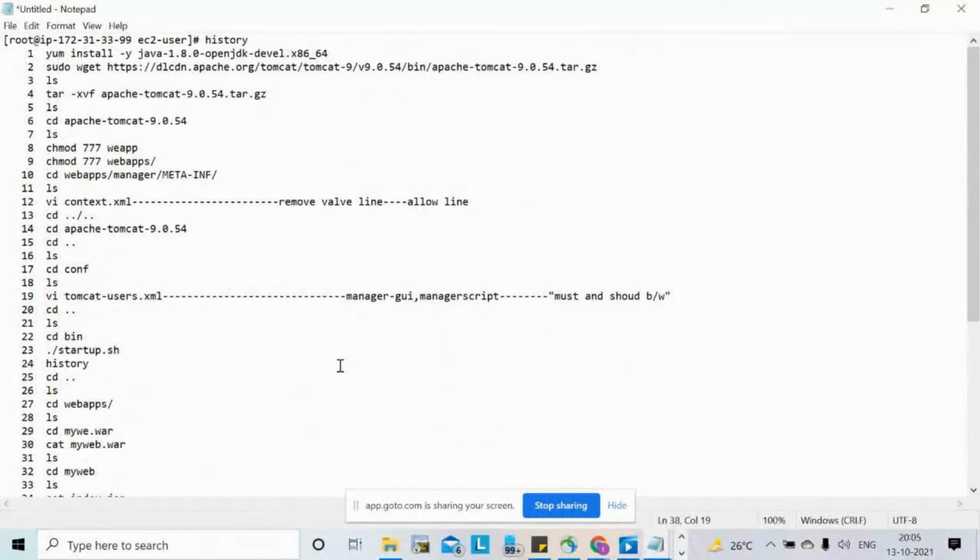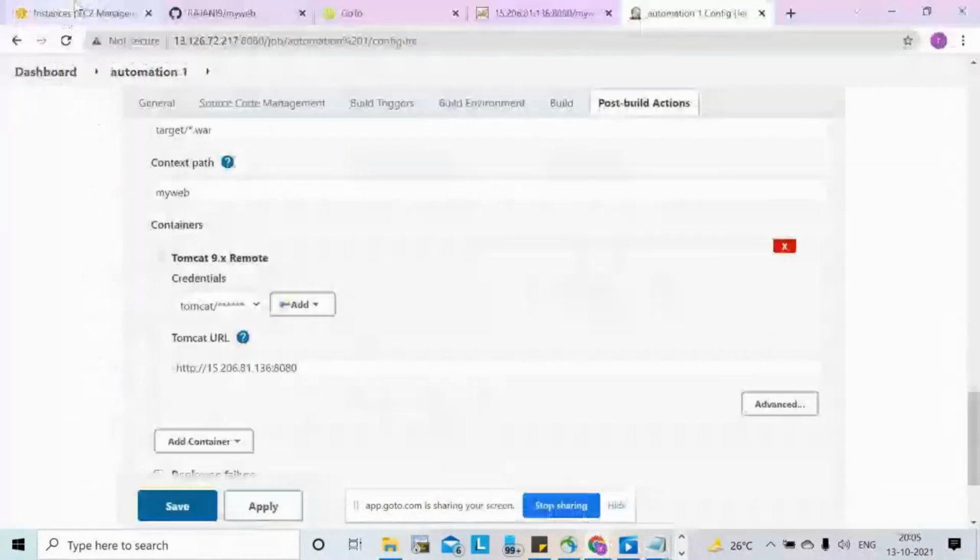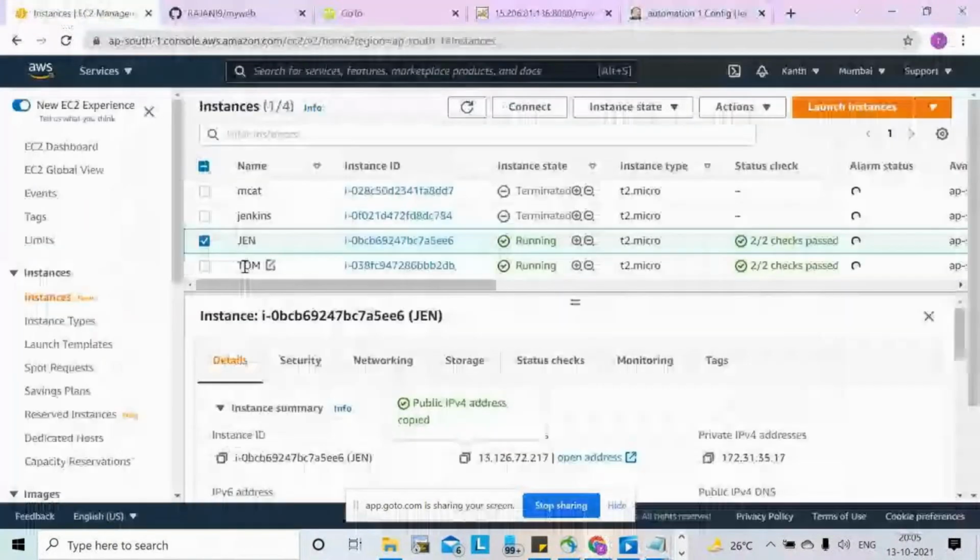I have only one Tomcat server now, but I may have two or three or four, even 4, 5, 6, 10 web servers in an environment. I have only one Jenkins master. So all these Tomcat servers are nodes and my Jenkins instance is the master. That is the master-slave architecture.